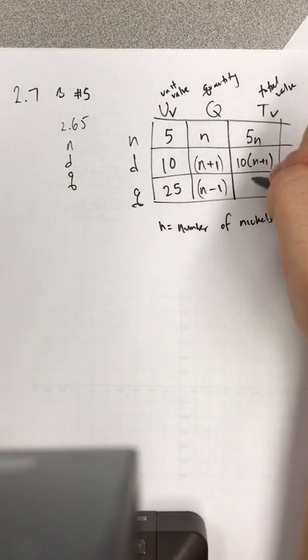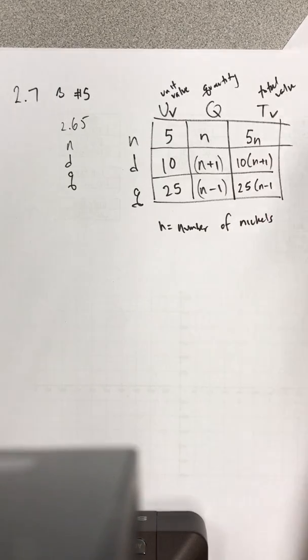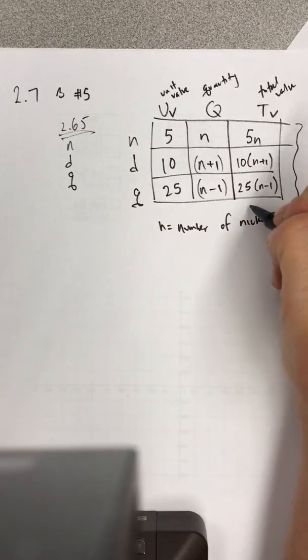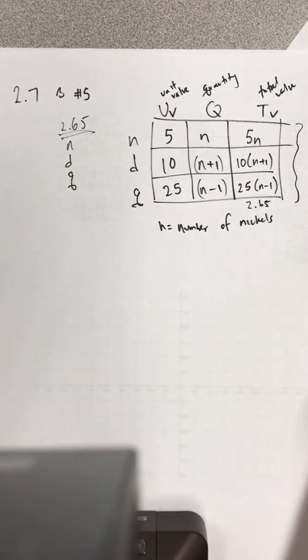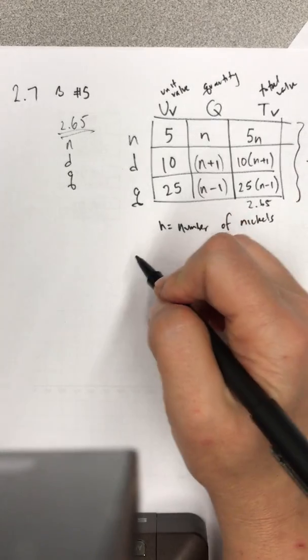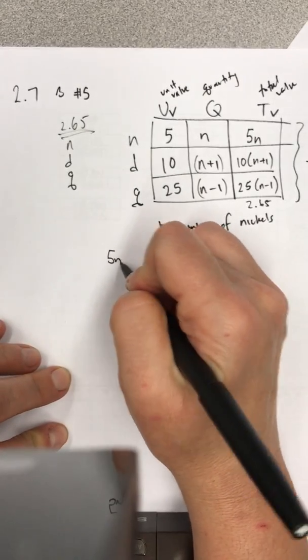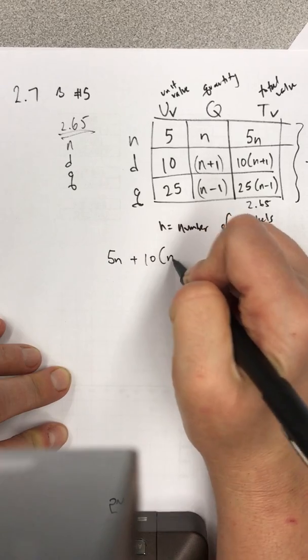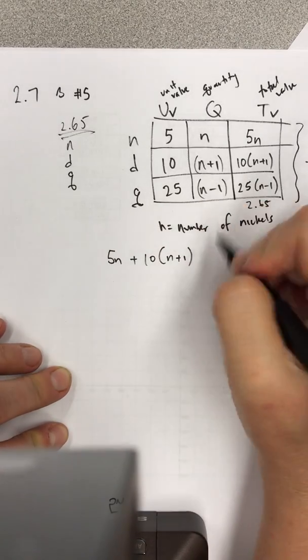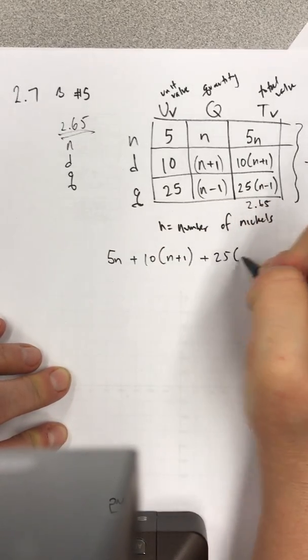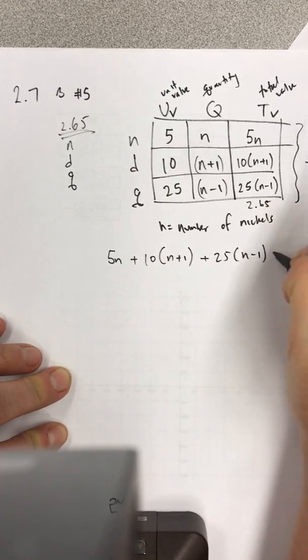For the quarters, we have N minus 1 quarters, and they're worth 25 each, so the total value is 25 times N minus 1. We said in the beginning of the problem it was worth $2.65, so that's our equation. We're going to add up these 3 things, and they're going to equal 265. So 5N plus 10 times the quantity N plus 1 plus 25 times N minus 1 equals the total of